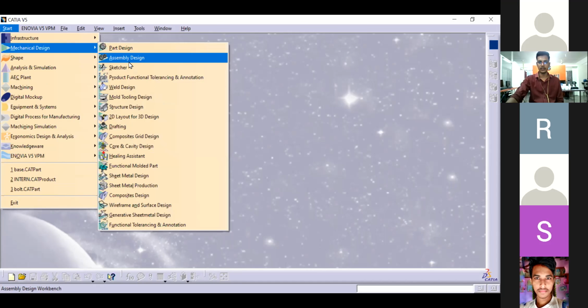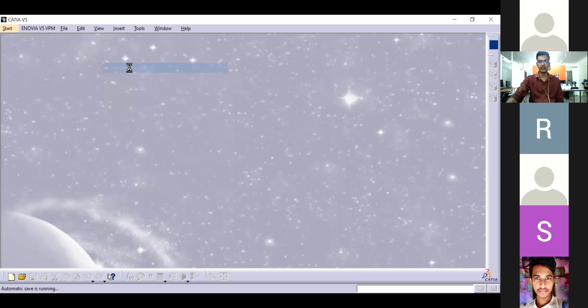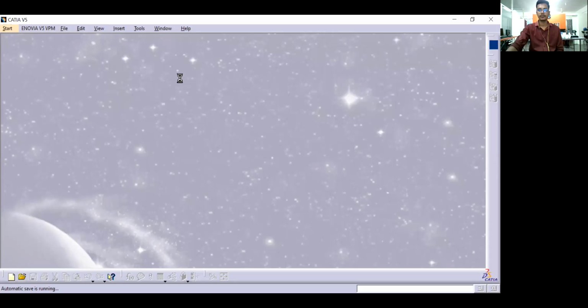Okay, sir. First of all, we'll enter the Sketcher workbench. Just click on the Sketcher workbench and wait for it. In any modeling software, you will be doing the sketches and the modeling in two phases, that is the front face and the back face of the software.